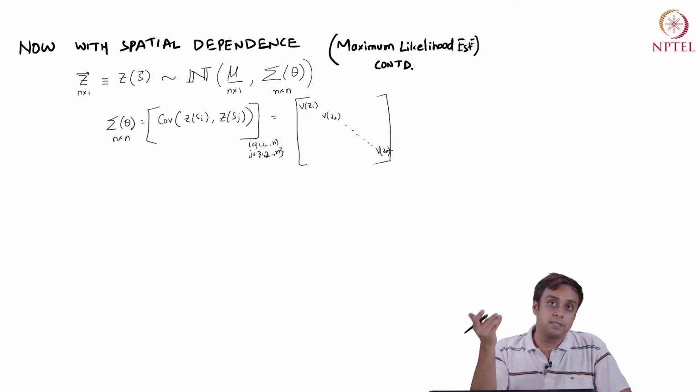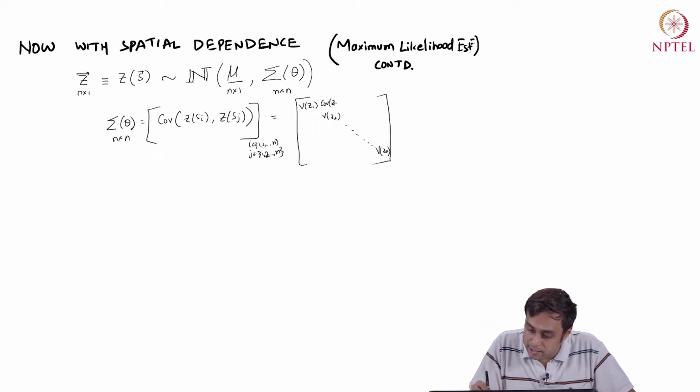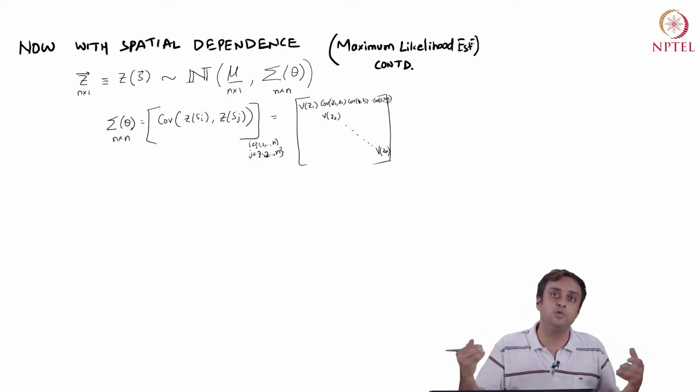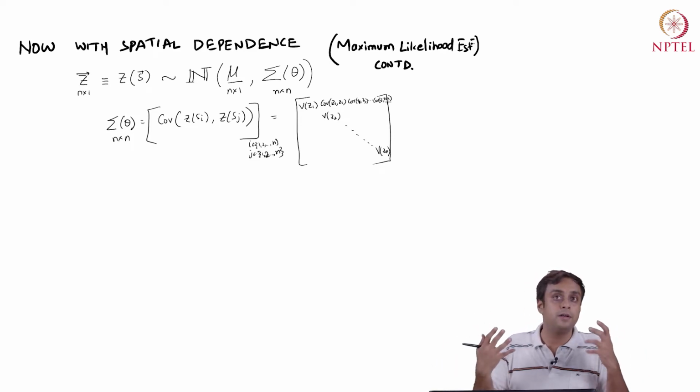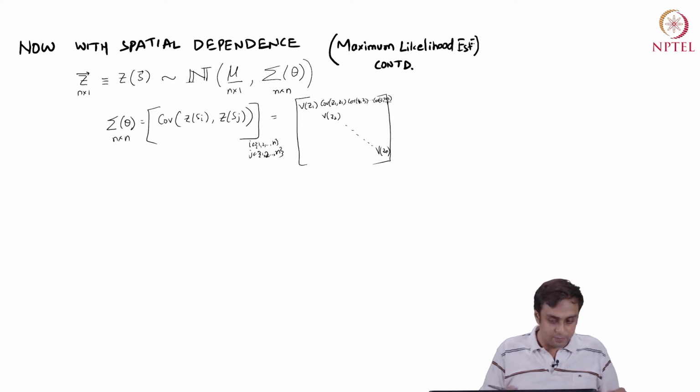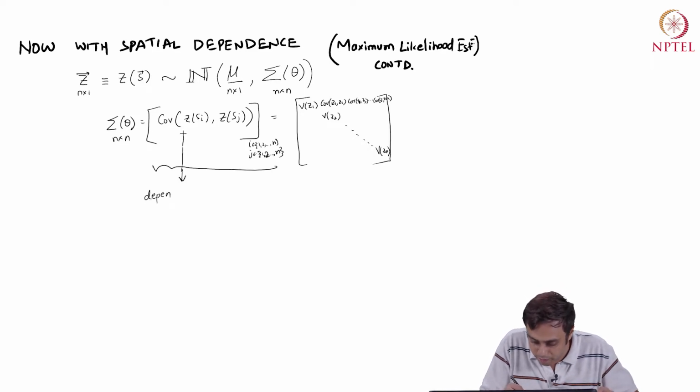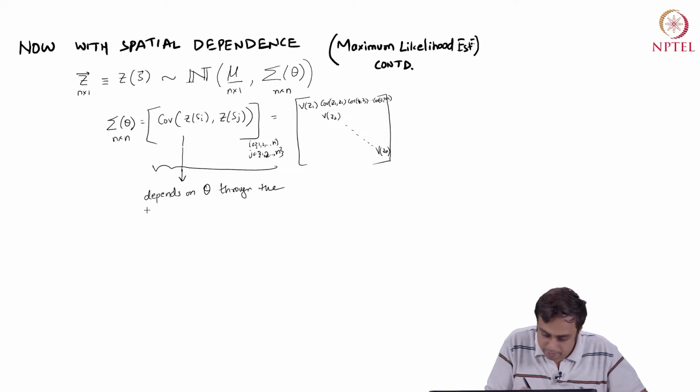The off diagonal elements are interesting. Now, I have covariance Z1 and Z2, covariance Z1 and Z3, all the way till covariance Z1 and Zn, right. Similarly, the off diagonal values will be non-zero and will be driven by spatial dependence in data, right. And this spatial dependence is coming from the fact that this covariance will depend on this parameter theta through the parametric variogram model